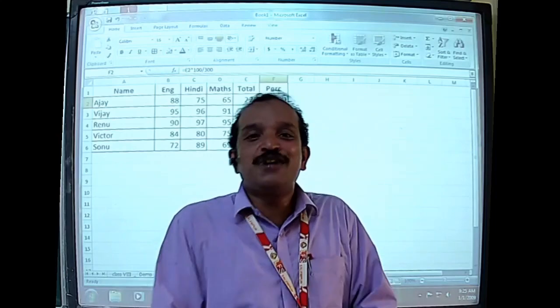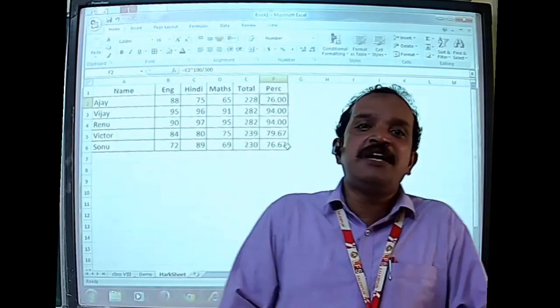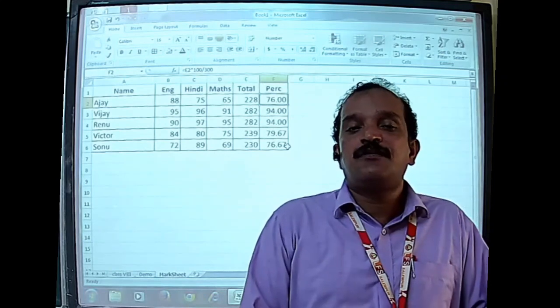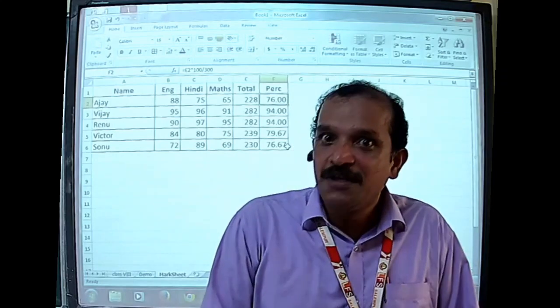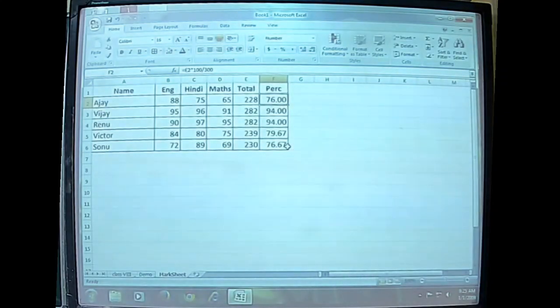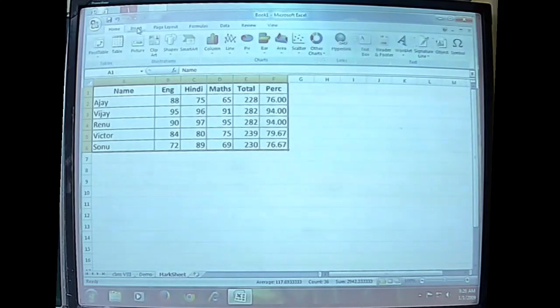Alright, so first of all now we will see how a bar chart can be created using this mark sheet which we have created using this Excel work. Okay, now just watch closely. See, first of all, for the creation of any chart, it is necessary that an initial database is to be created, and this database is to be selected. After selecting the database, you can click on the Insert tab, in which the options for the creation of various charts are available. First of all, let's create a column chart.